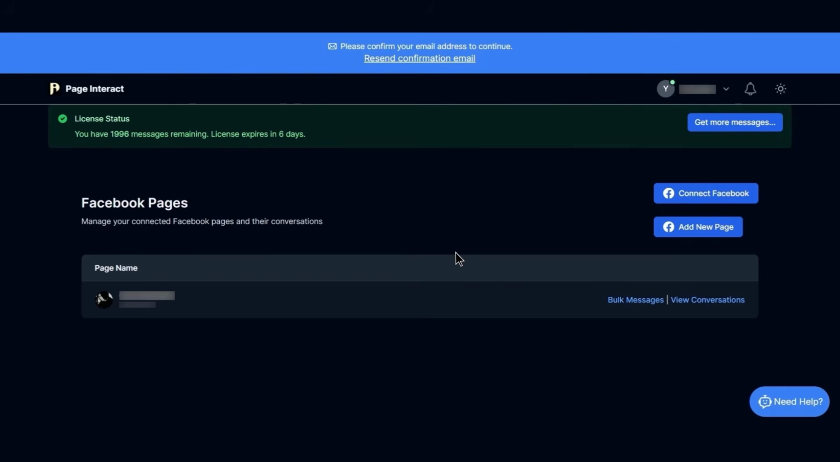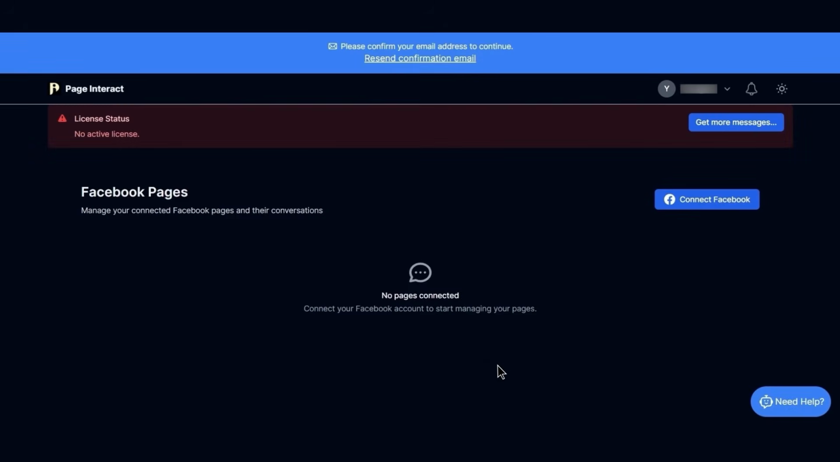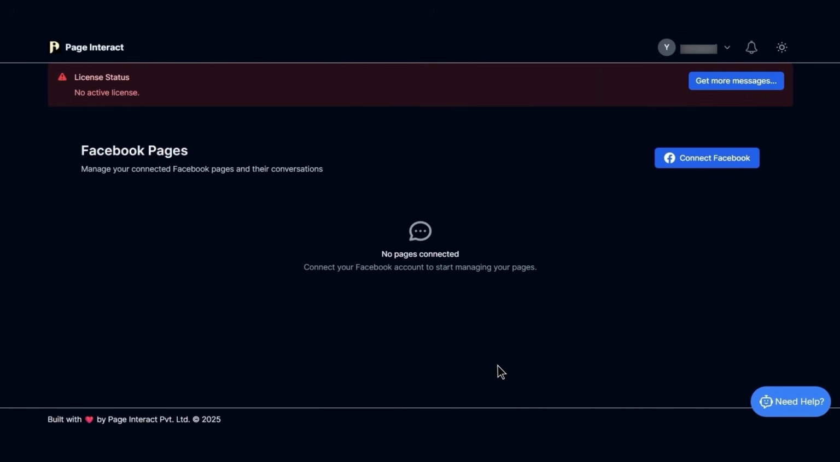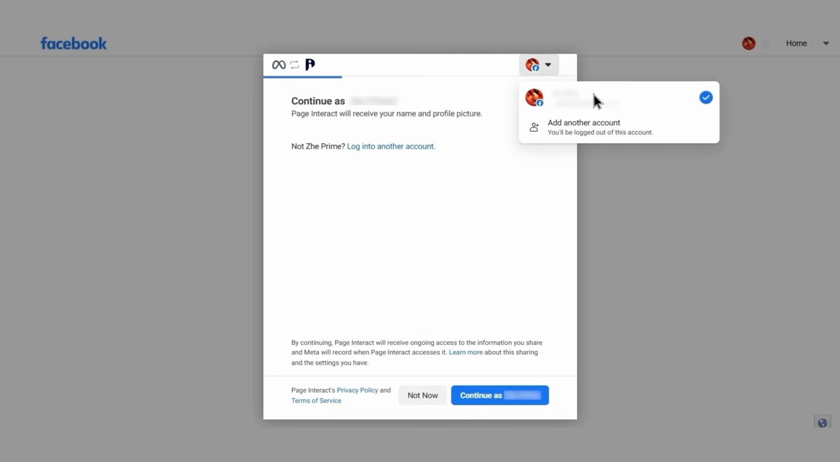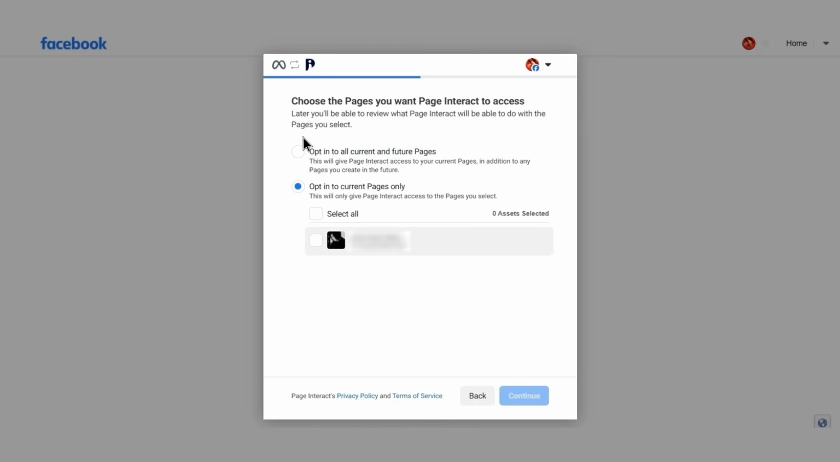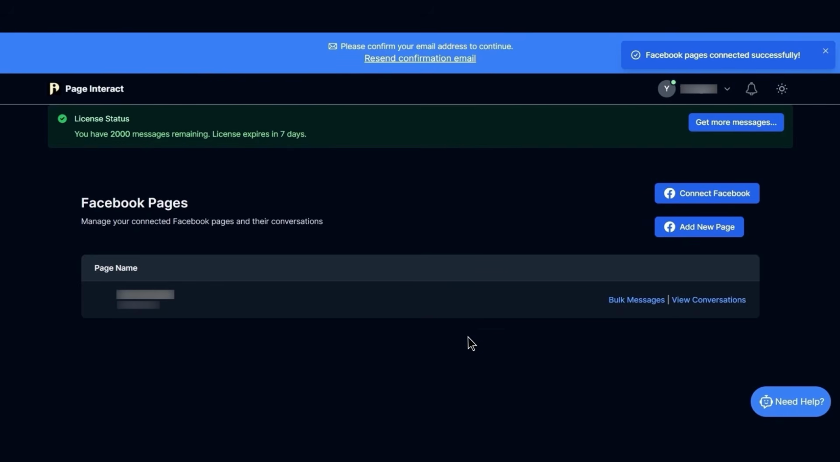Please check your Gmail and verify your email address. This helps ensure that if there's ever an issue with sending messages, you'll receive important notifications. Click Connect Facebook. Select the Facebook account you'd like to connect. Click Continue. You'll be given two options. Select the first option to connect all pages, or select the second option to connect specific pages only. Similarly, choose whether to grant access to all businesses or selected ones. Click Continue, then Save. After clicking Got It, you'll be redirected to your home dashboard, where your connected pages will